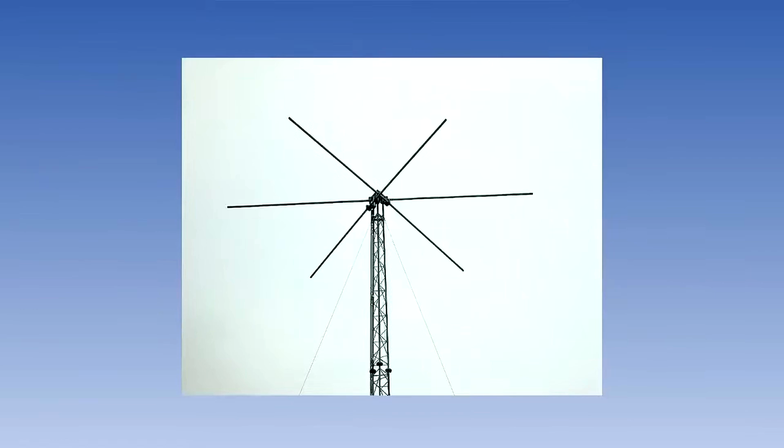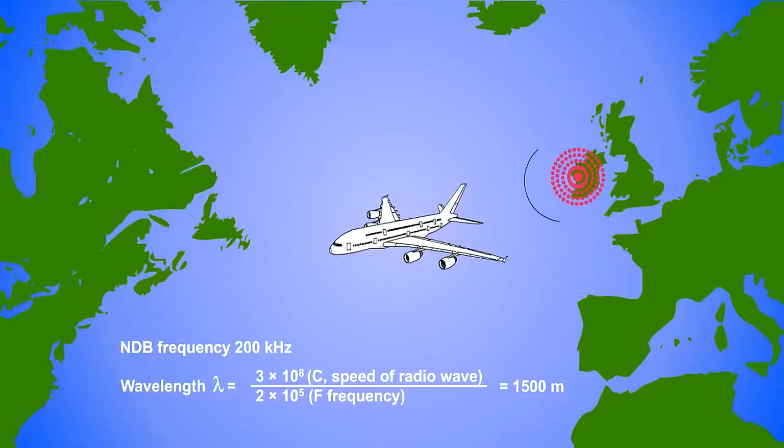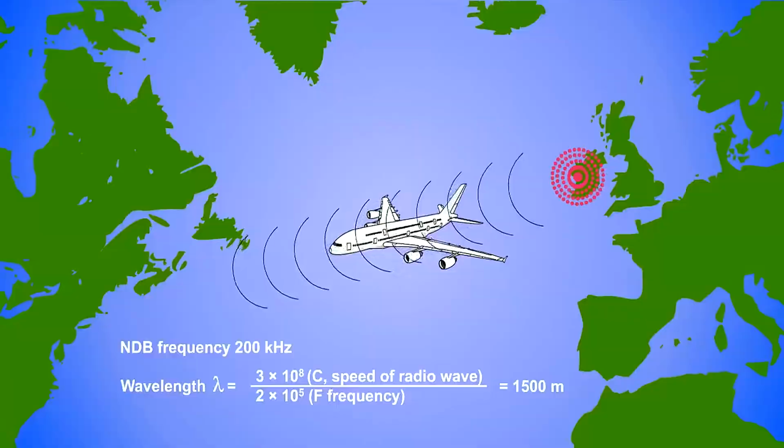The beacons used for local navigation have a range of about 25 miles and they are positioned on the airfield so that the pilot can locate the airfield. NDBs transmit in the medium and long wave, and so their wavelengths can be very long, which makes them suitable as long-distance navigation aids. Over the sea, they can have a range of 500 miles or more, using 10 kilowatts of power. Remember that to double the range of a signal, you have to quadruple the power.